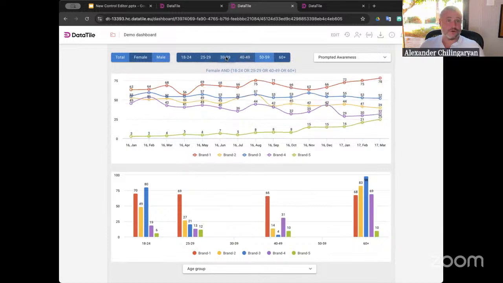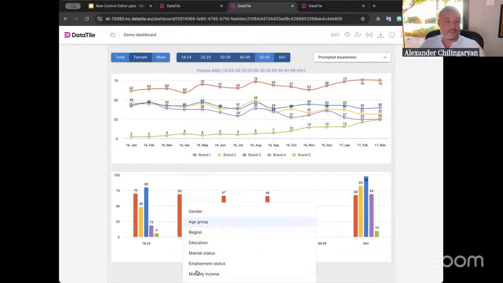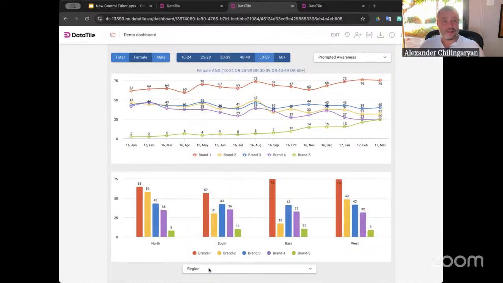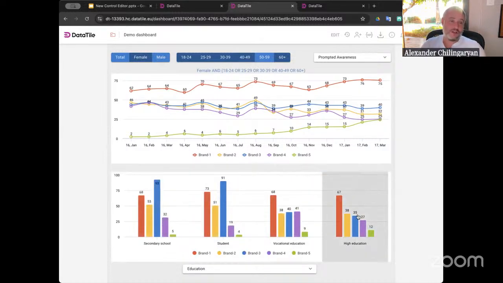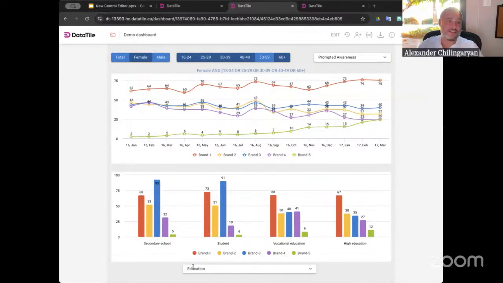So I can switch on and off. So by regions and so on. So if we count how many combinations we have here, it's probably a few thousand. So all possible charts and cross tabs and cross sections, weighted, unweighted. We spent 10, 15 minutes creating this single page dashboard, and you covered the report, which would be in Excel,